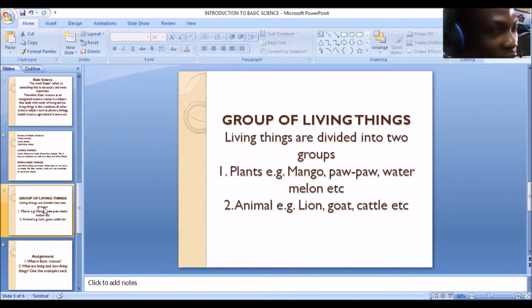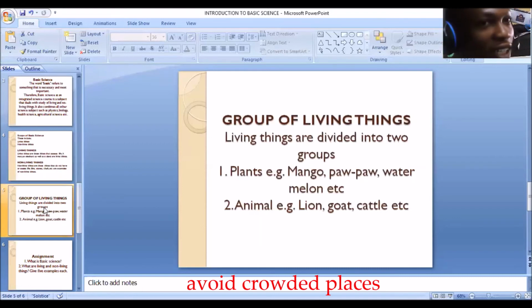You pick up a seed and put it in the ground and cover it, and then give it some days, before you know it, this seed begins to germinate. That's reproduction. Likewise, animals reproduce, like how me and you have been given birth to by our parents. Plants undergo reproduction. Then animals, me, you, the goats, the lion, we are all animals. All of us are animals.